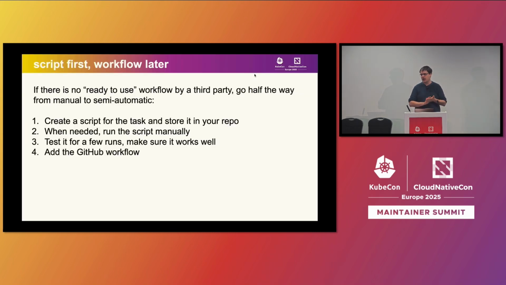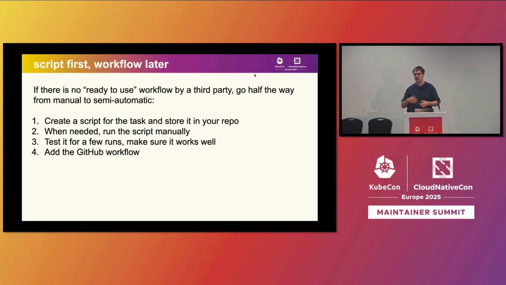And here's my recipe, how I do it today. Again, I have to admit, I tried it the other way around, starting with the automation immediately, and hurting myself a lot. What I do today is sit down and write a bash script, some JavaScript code, whatever you fancy, maybe Python, maybe PHP. And you put this into your repository and you run it whenever you need it, right?